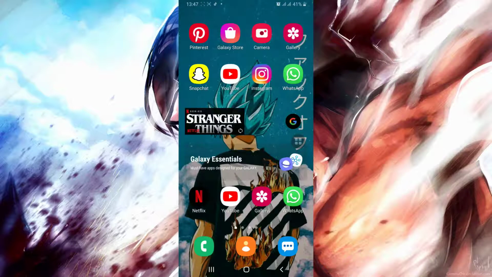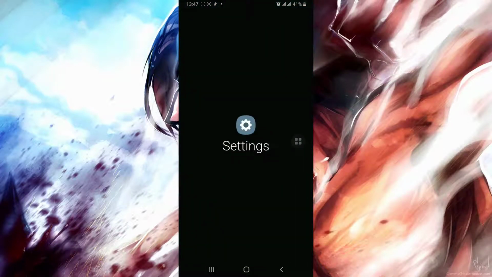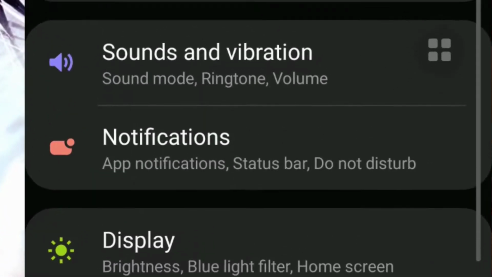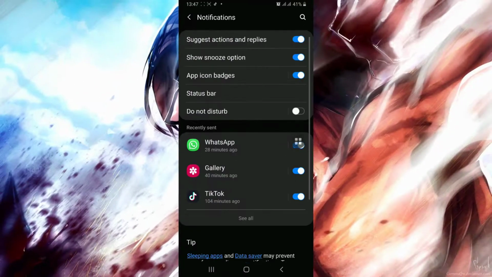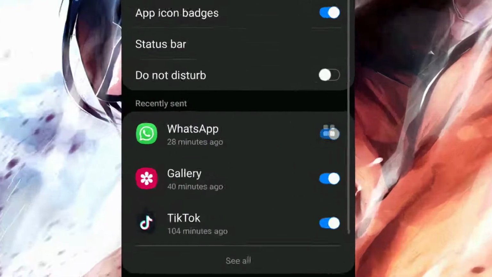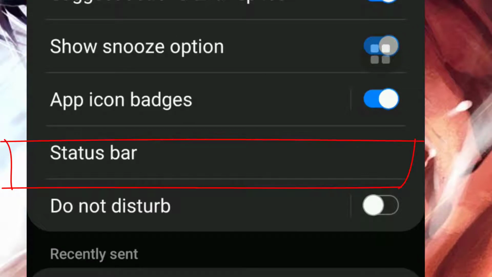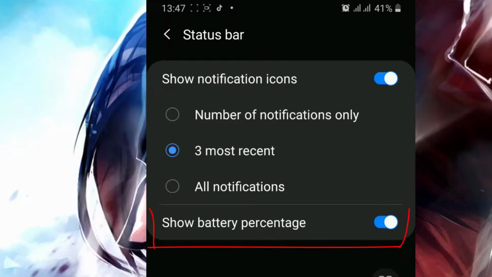It's a short and simple method, so first start by opening Settings. Then try finding Notifications. Then open it. And this is the result you will get, so try finding Status Bar, then click on it. And this is where you can disable it, so click on this button that says Shows Battery Percentage, and now